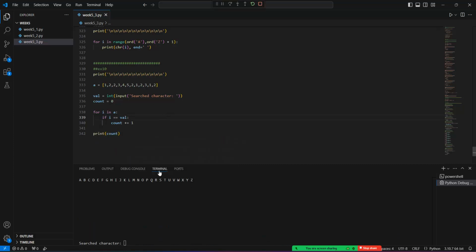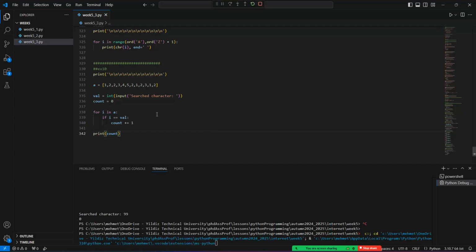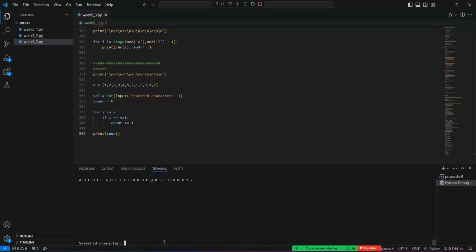Okay, and so if I rerun this with the search character here, which one? For example, 99. See, it's 0 because we don't have any 99 in a. But if I put 2, see that we have five 2s here, and it's the basic algorithm to search every character here, just like this one. Okay, so